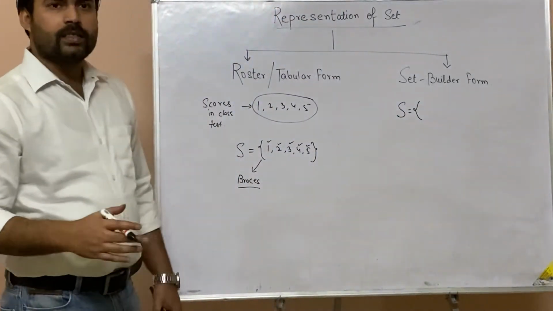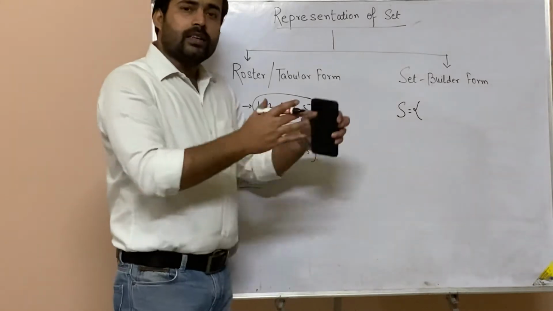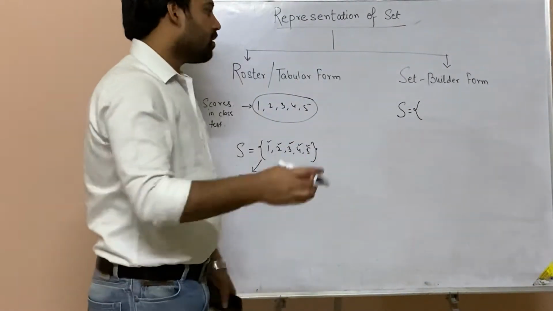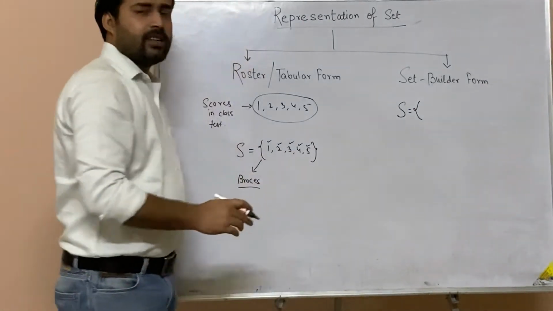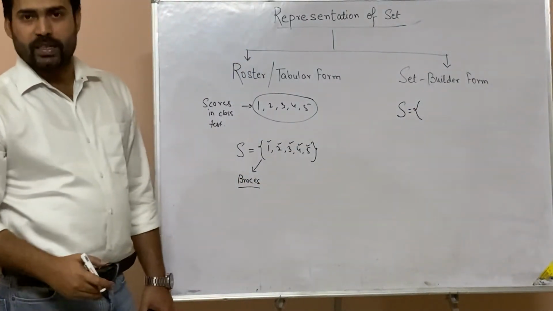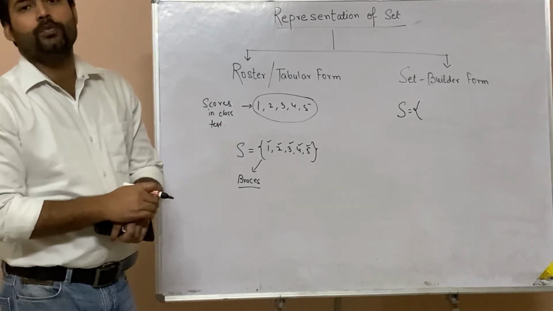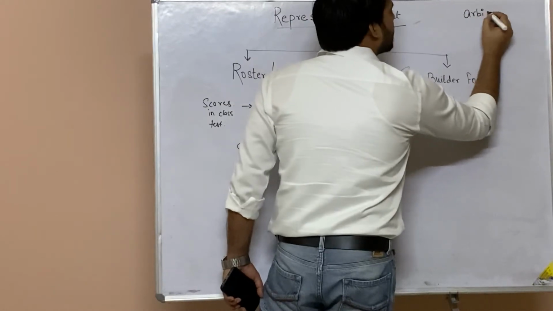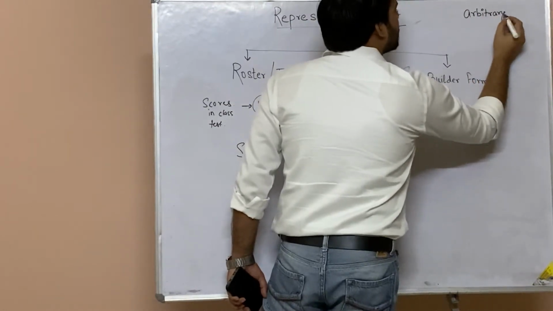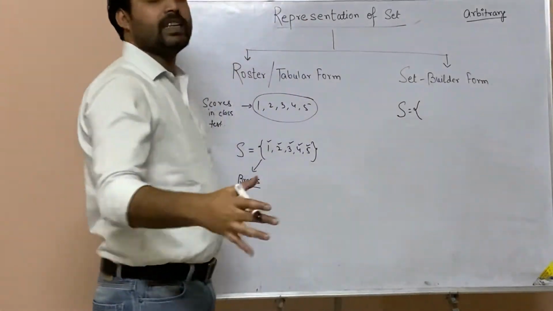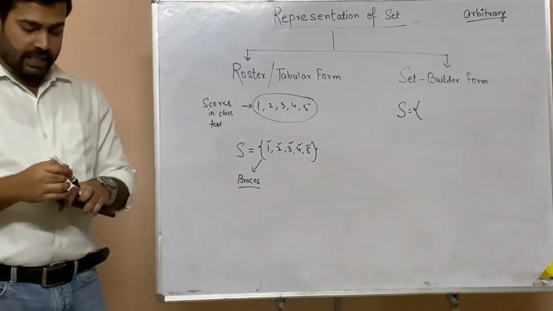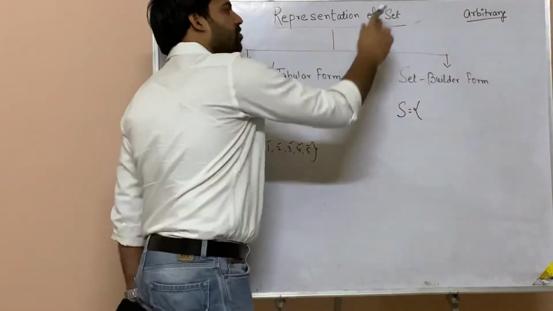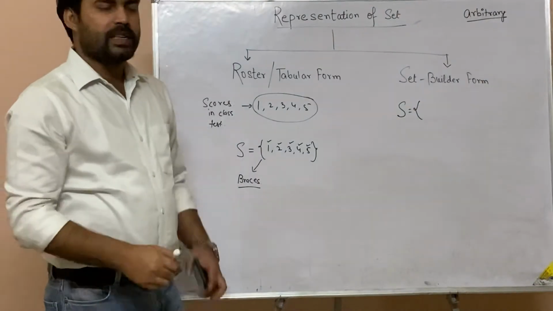When you open the brace, you are starting to define the elements of the set. Now for this, every element of the set must be represented by a unique element, an element which is said to be an arbitrary element. Now what does this word arbitrary mean? Arbitrary means anything, any number, any entity. When you are saying any, that means arbitrary. So we will take an arbitrary element.